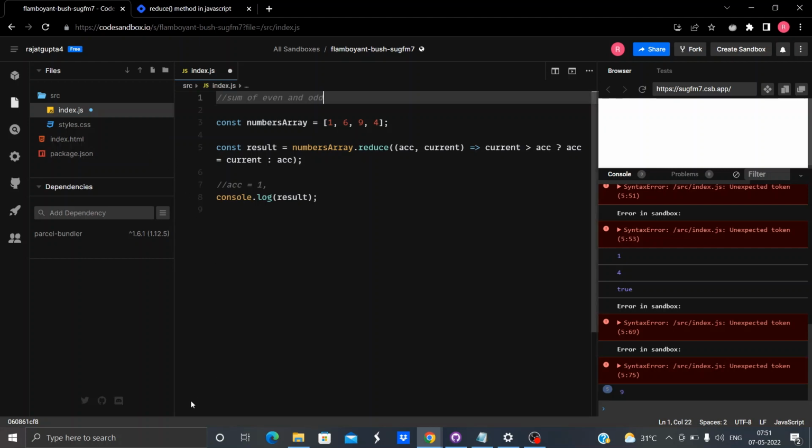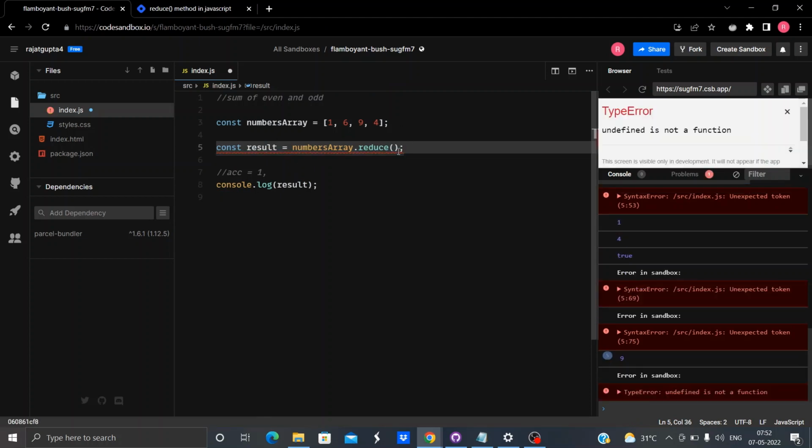So by now you must have understood how reduce works: every element in the array passes through the reducer function, that is whatever function we are having here.